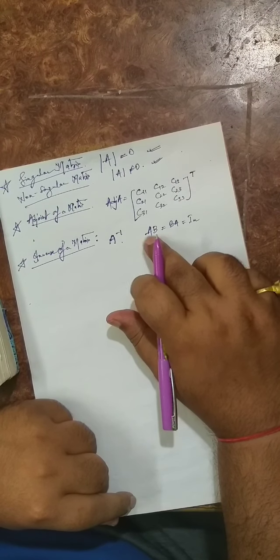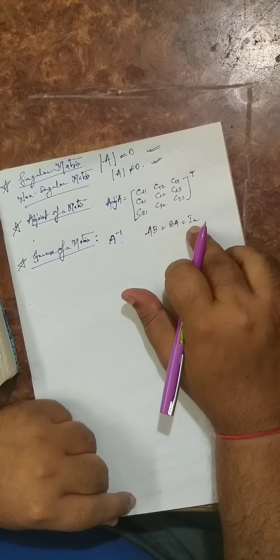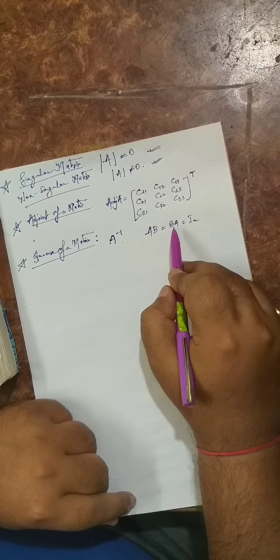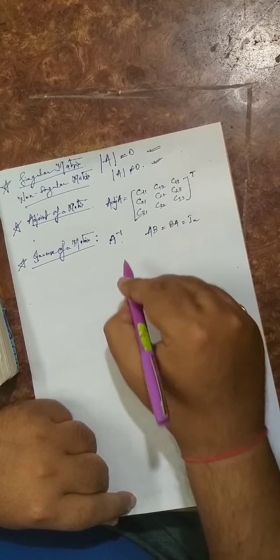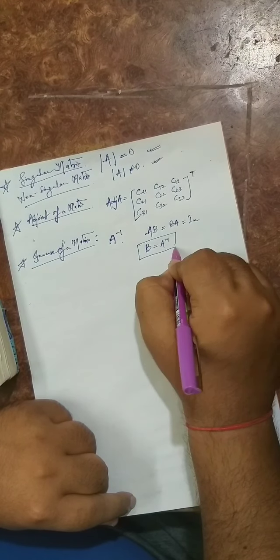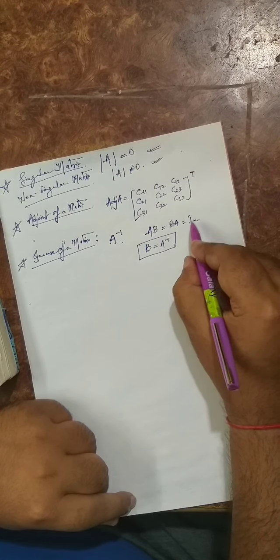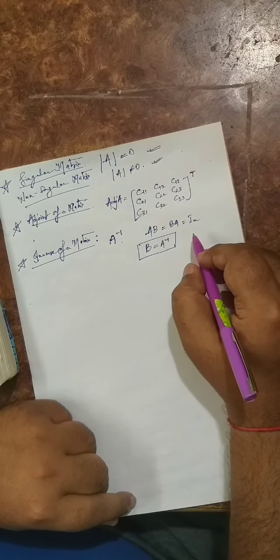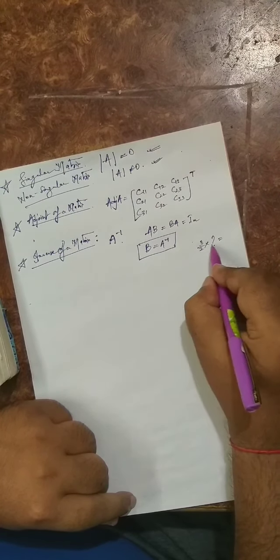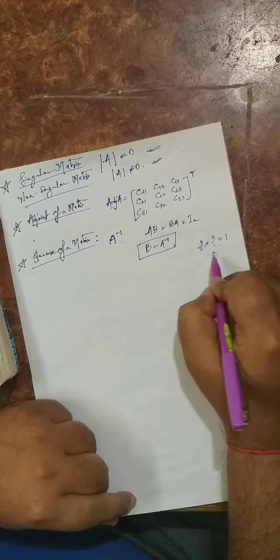because if you are considering a 2 cross 2 matrix, second order matrix, then it will be I2. If you are considering a third order matrix, then it will be I3. So if A into B is equal to B into A, and the value is an identity matrix, you can say B is nothing but the inverse of A. Just like what we say, identity matrix represents a unit matrix that represents 1. That is, if you want to find a number such that if you multiply both the numbers you will get the result 1, what will you do? For 2 by 3,